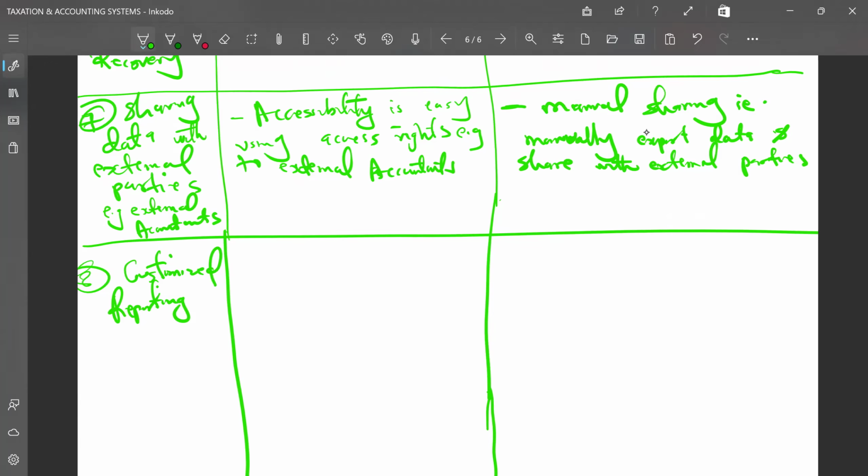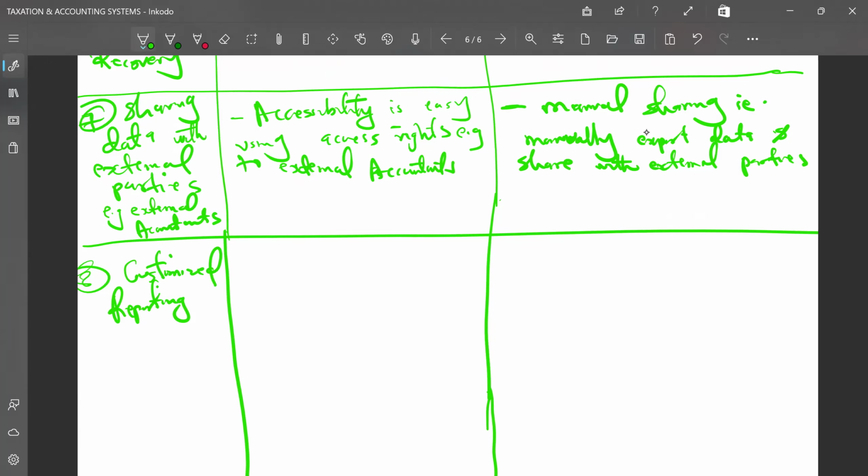So when we talk about customized reporting, the flexibility of the system so that you can customize the reports that you need, the cloud-based accounting system wins in this area. It can be extensively customized in real time, and you are able to export specific reports with specific requirements, and this will always conform to your needs.